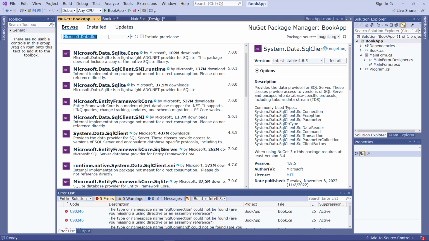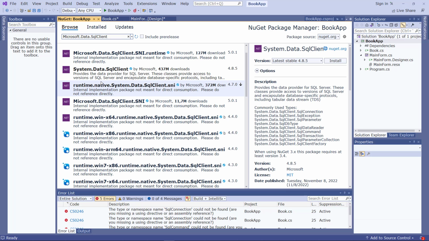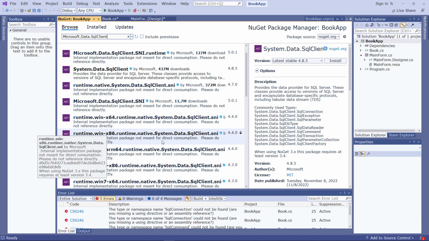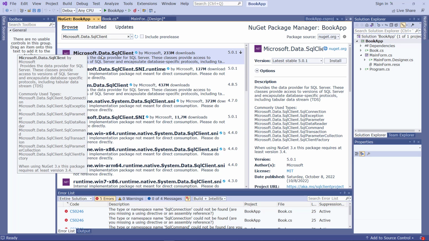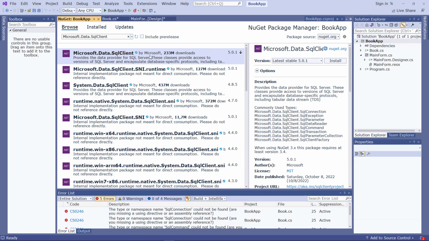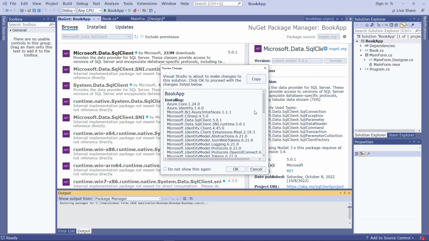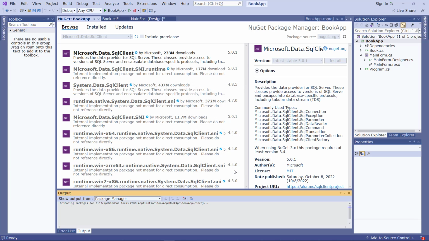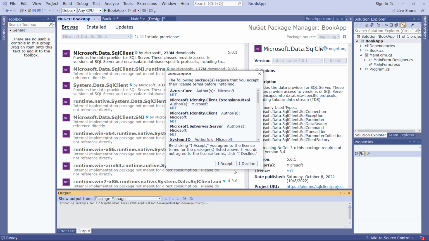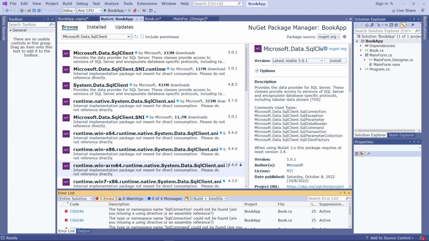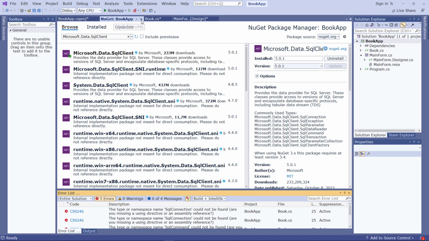Microsoft Data.SQL client, like this. So here I found it, Microsoft.Data.SqlClient. So I just select it and then click install in order to install this NuGet package. So we are able to use this feature in order to communicate with the SQL Server Database and able to retrieve data, etc. So then we just install it. Click accept, and now this package is installed,